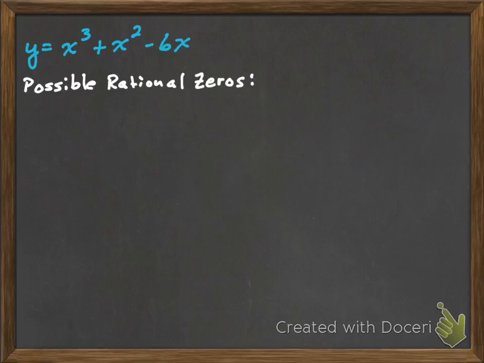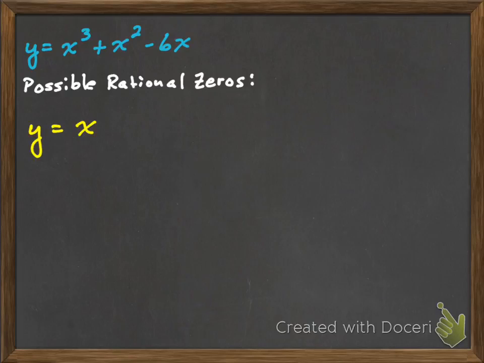Alright, so this next example is going to be a little bit different simply because we do not have a constant over here on the end of the polynomial. So if you do not have a constant to help generate this list, what you're going to do is take out a GCF out of this polynomial. We have an x in common here. So we're going to factor out the